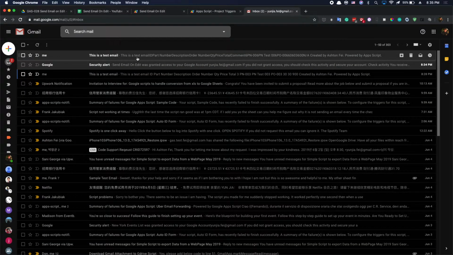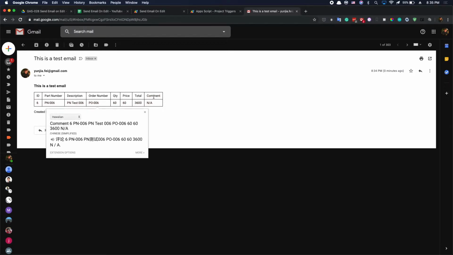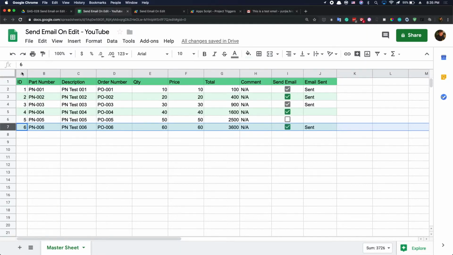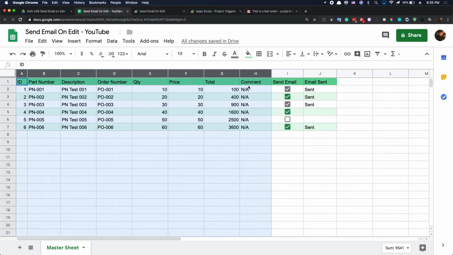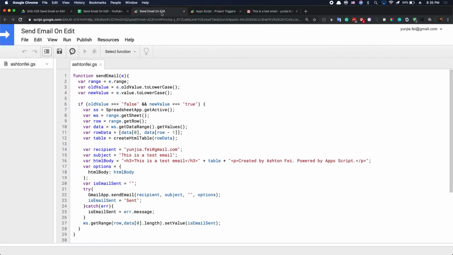So this is the one. Yes. So this is the one. ID 6 and the columns we added for the comment, right? So this is dynamic. So you can totally customize this table to fit your business. So you can add more rows in this table. Okay. So basically that's it for